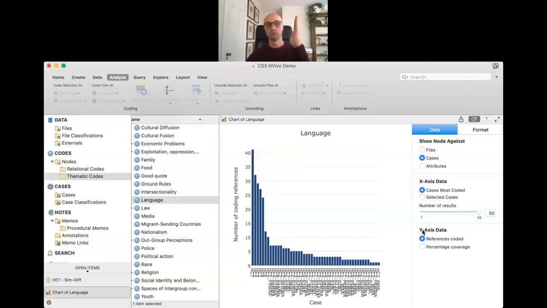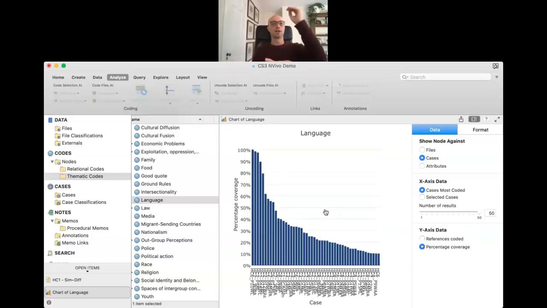And on the vertical axis, you can choose references coded as what will be shown on the vertical axis. So that means the number of passages that were coded. But it can also choose percentage, right? And that will show you the percentage of how much of the